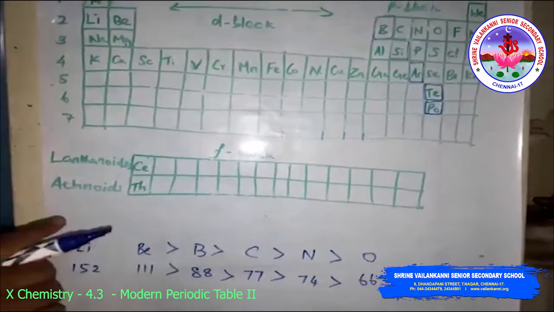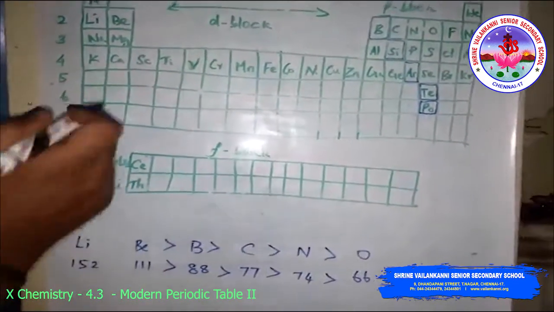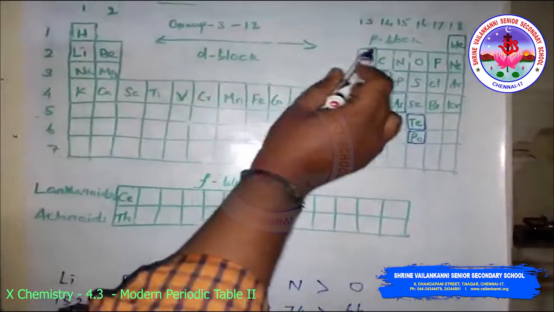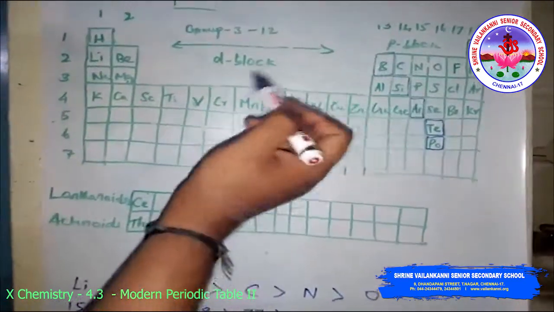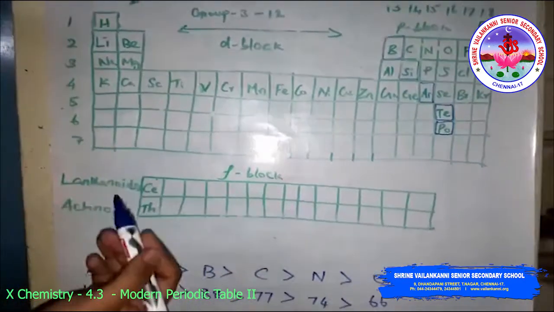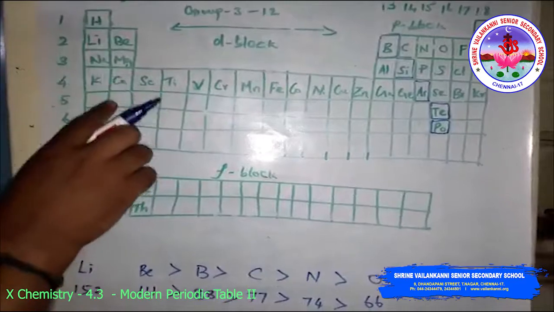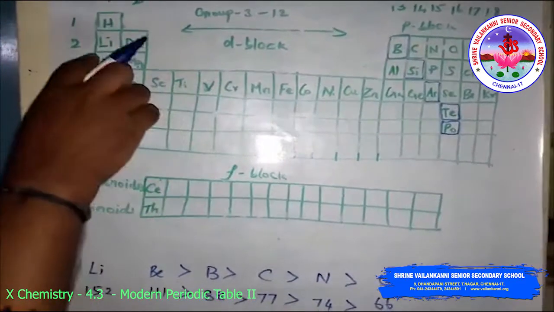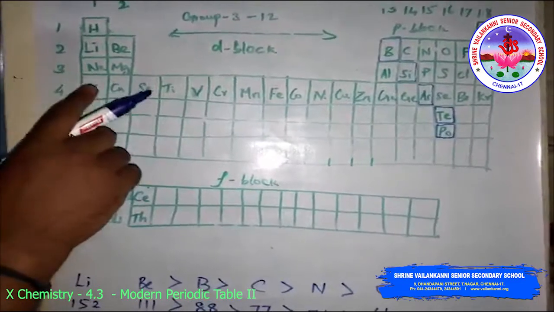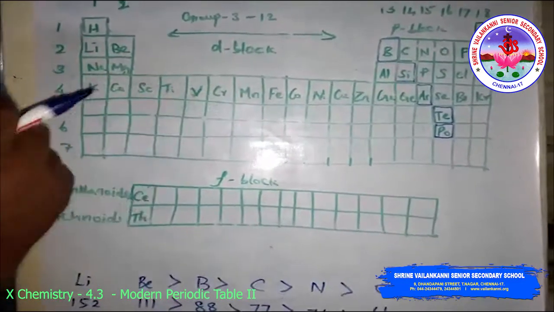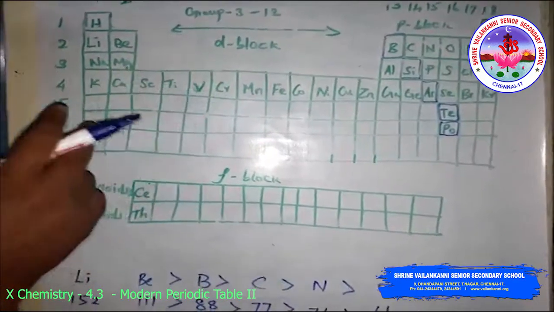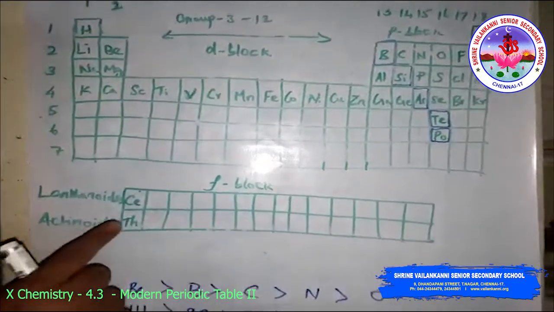So you will see that the atomic size increases. Lithium, and the next smaller size is beryllium, then it decreases in boron. The atomic sizes increase down the group also. This is because new shells are being added as we go down the group. So there is an increase in the distance between the outermost electron and the nucleus, and the atomic size increases in spite of the increase in the nuclear charge.